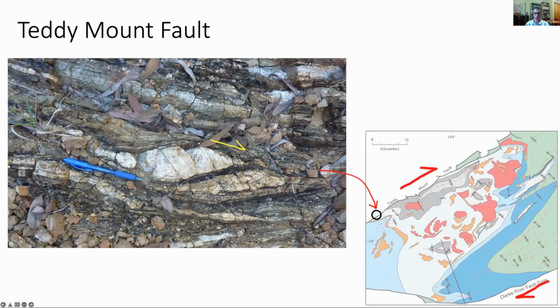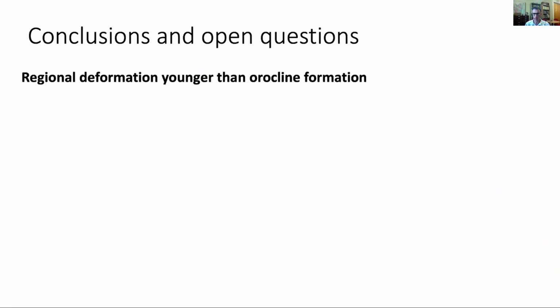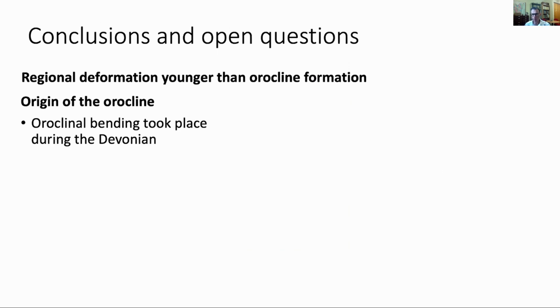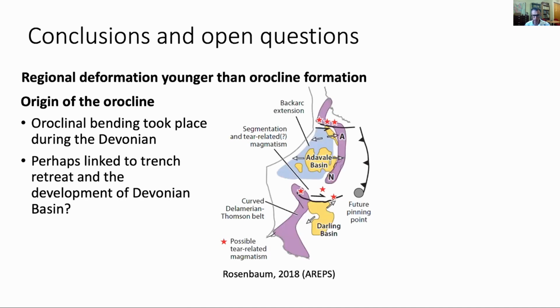So together, the overall deformation in this very broad zone of the Broken River province might represent a transpressional zone, a post-Carboniferous dextral transpression. So in conclusion, the deformation in the Broken River province must be younger than orocline formation. The orocline formed during the Devonian, and considering that a vast area south of the